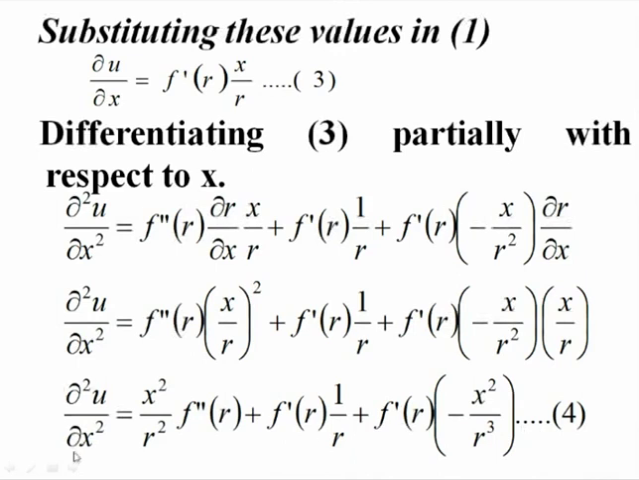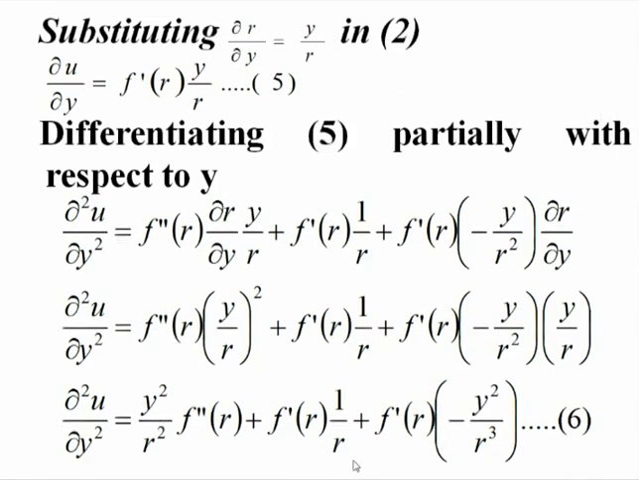Now we need to find out the partial derivative of u with respect to y. So del u by del y is equal to f dash r into y by r. We have already calculated this. Now again differentiating 5 with respect to y. So del square u by del y square is equal to